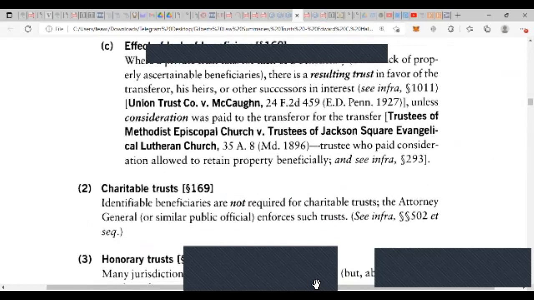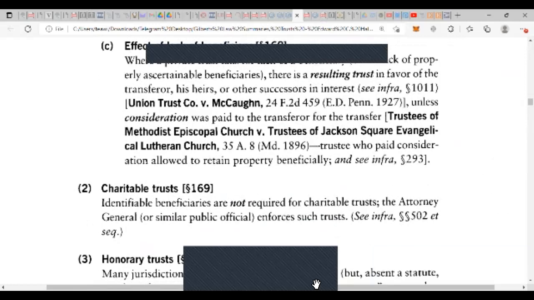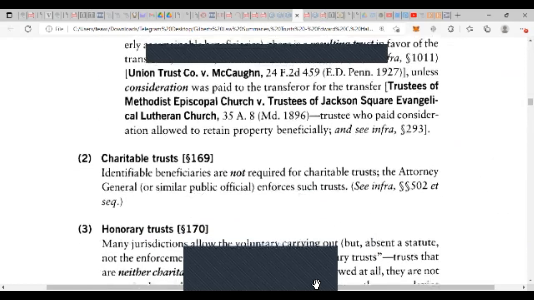See infra 1011, Union Trust Company versus McCone, 1927. Unless consideration was paid to the transferor for the transfer, Trustees of Methodist Episcopal Church versus Trustees of John Street Evangelical